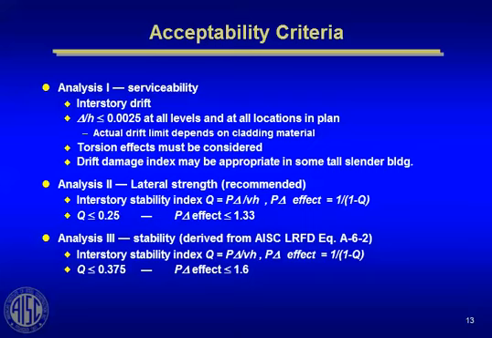And then the other part of it, perhaps the more difficult part, is we got to get drift limits that are realistic with the materials that we're using. And therein perhaps is where more research is needed. Is 1/400 acceptable for masonry and drywall partitions and glass? And maybe there's a whole family of drift ratios that should be applied depending on what your cladding and partition types are. It turns out, if you do some research on this,